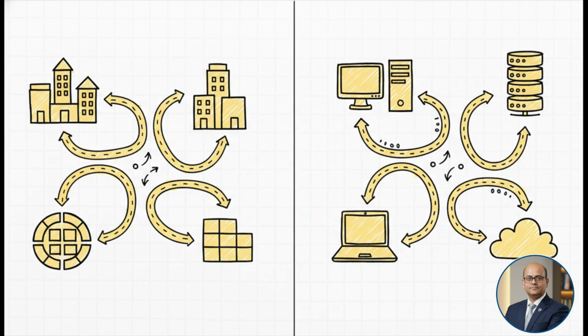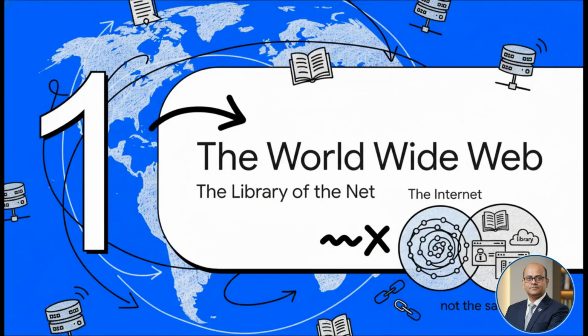Now, I will explain in simple words. This is a very good example. Think of all the big roads in our country, the highways connecting Delhi to Mumbai, Chennai to Kolkata. The internet is just like that. But instead of connecting cities, it connects computers. And what travels on these roads? Not cars, but information.